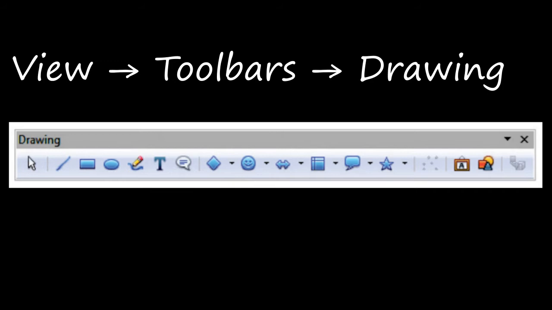The selected drawing will be active. It will be inside the document, right? To cancel the selected drawing function, you can just press the Escape key, or you can just click on that Select icon in the drawing toolbar, right?